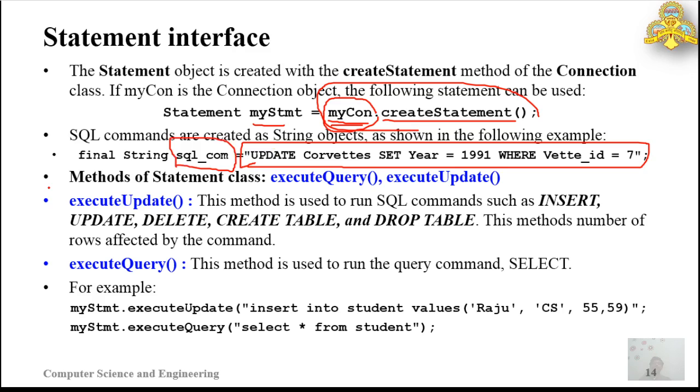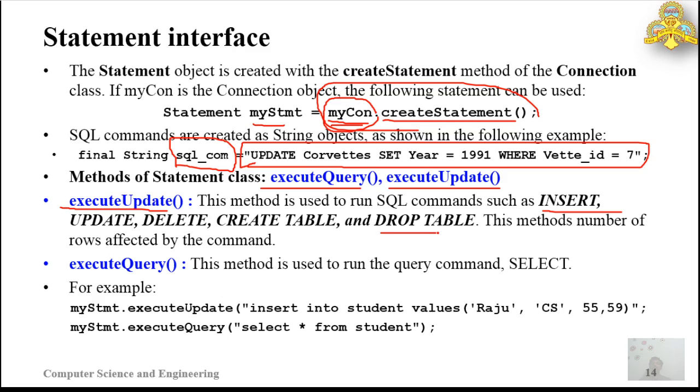While executing the query, the Statement provides two methods: executeQuery and executeUpdate. Just recall that in the PHP interfaces we used only one method, that is mysql_query, whereas in JDBC we have two methods. The executeUpdate method is used to run SQL commands such as insert, update, delete, create table, and drop table.